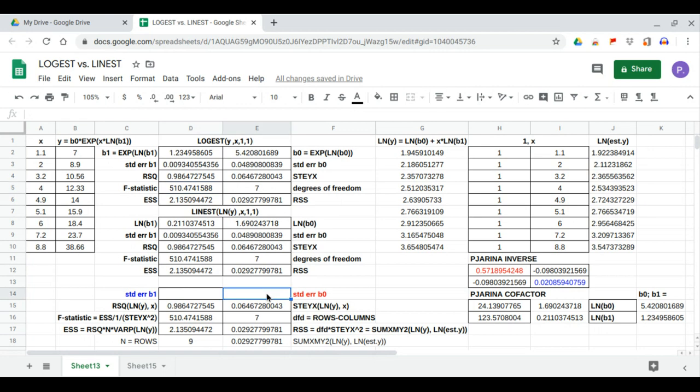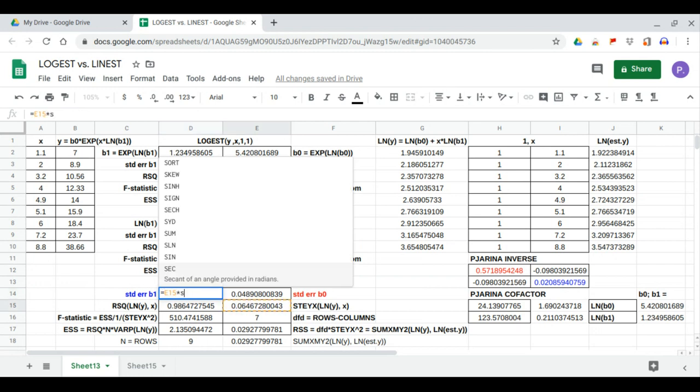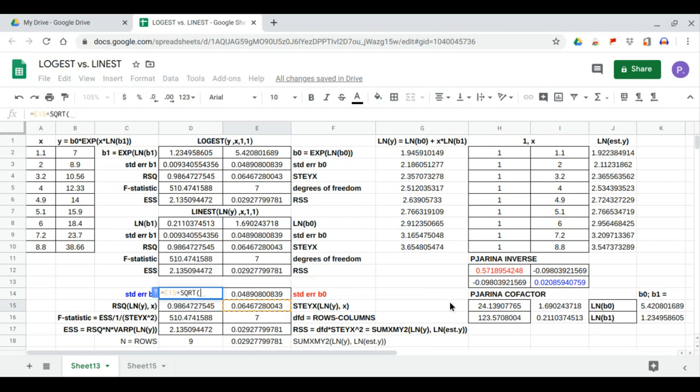Now we can calculate for the standard error of the coefficients, where the standard error value of b0 is equal to sey times the square root of the XTX inverse red cell. And the standard error value of coefficient b1 is equal to sey times the square root of the XTX inverse blue cell. This value matches to our LINEST output and the LOGEST output. They are the same. This completes the comparison of the LOGEST and the